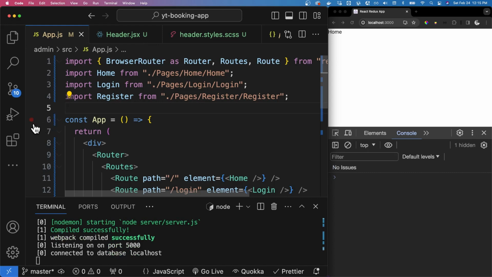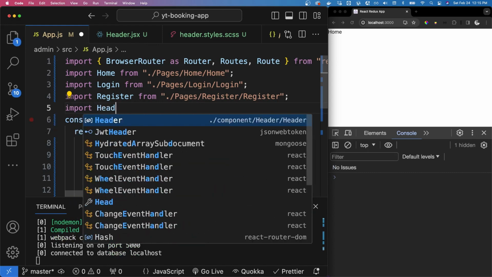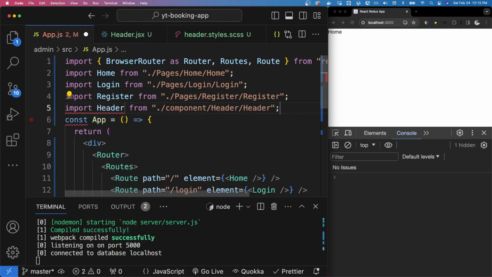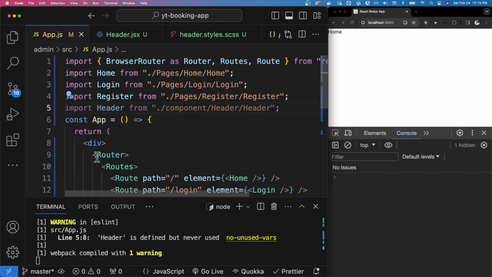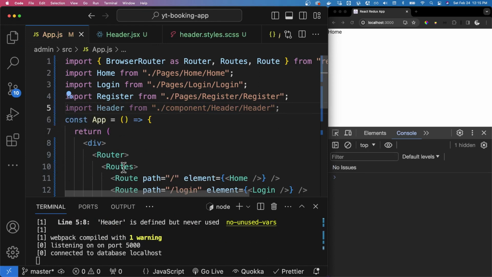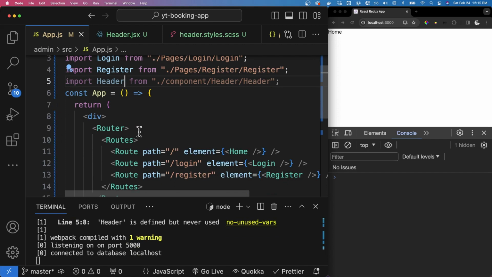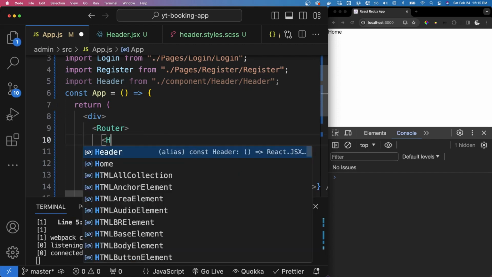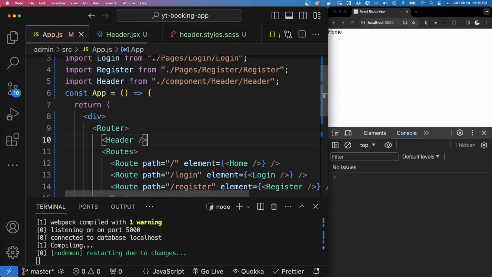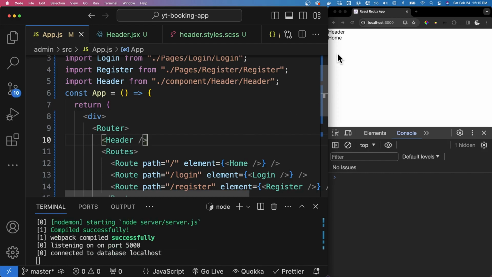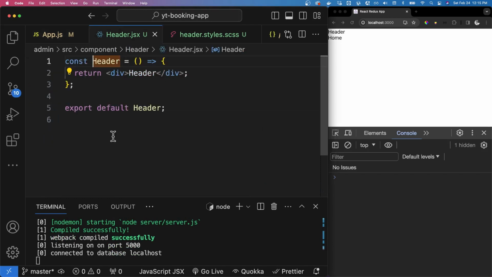Okay, so let's import header, and then we place the header here. That should bring in header there. Okay, cool. So let's go back into our header file and then